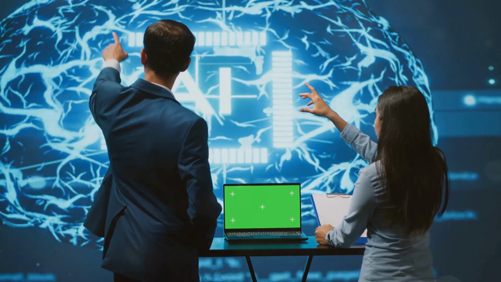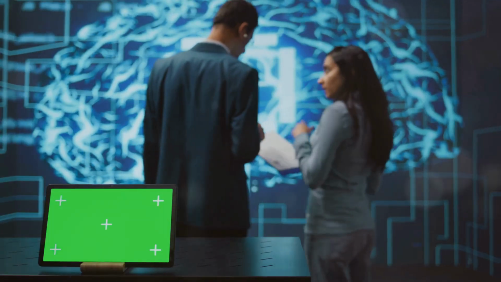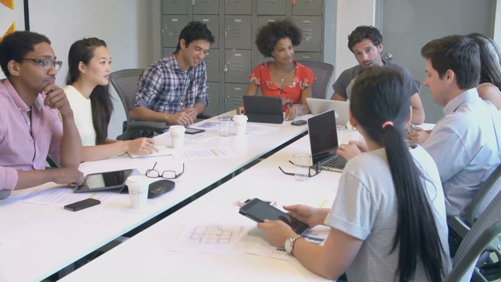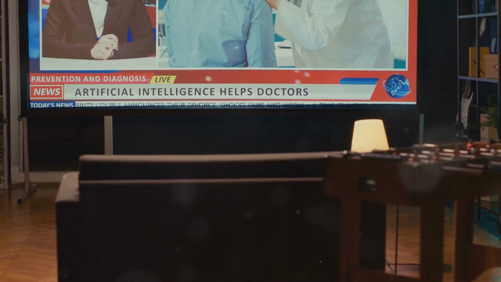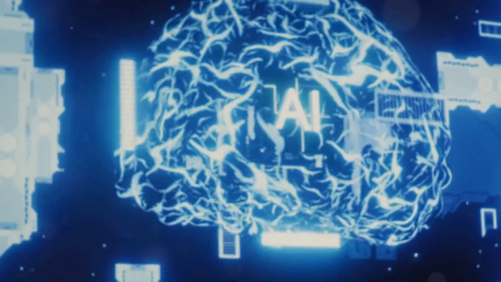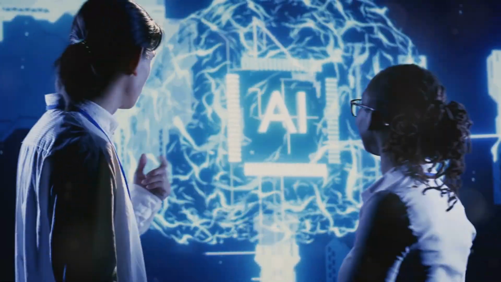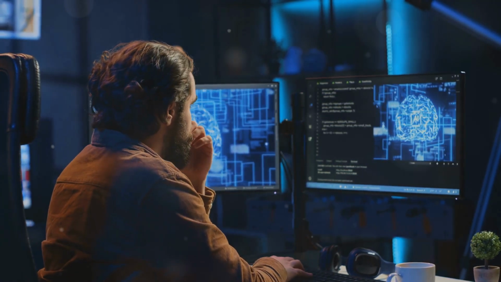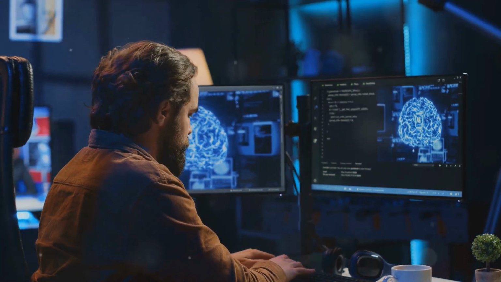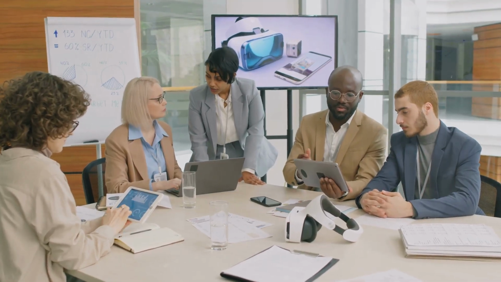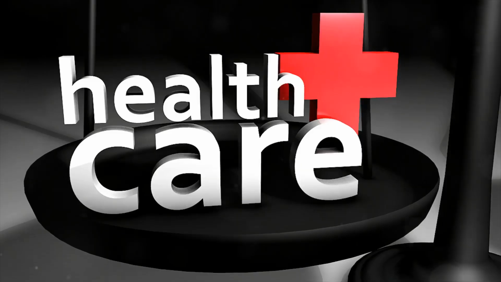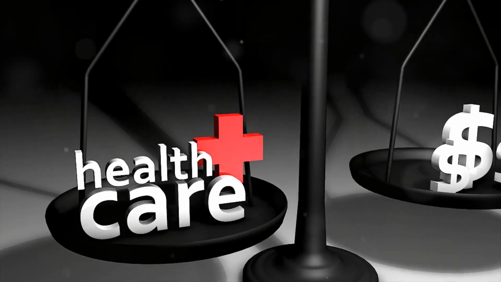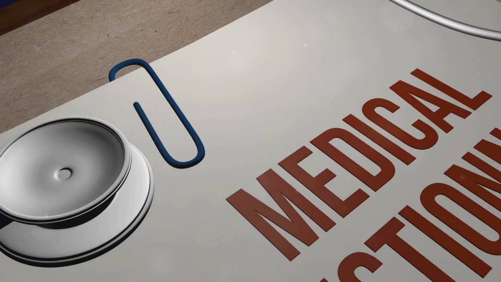Pillar 4. Human-centered AI design. So what is human-centered AI? Well, it involves designing AI systems with the end user in mind, focusing on maximizing societal benefit and minimizing potential harm. Principles of human-centered AI design include user feedback loops, which incorporate regular feedback from users to adapt and improve AI functionalities. Ethical implications are also key, as we must consider the broader impact of AI technologies on all stakeholders involved. A real-world application of this can be seen in healthcare, where AI tools must be designed to prioritize patient care and medical ethics.